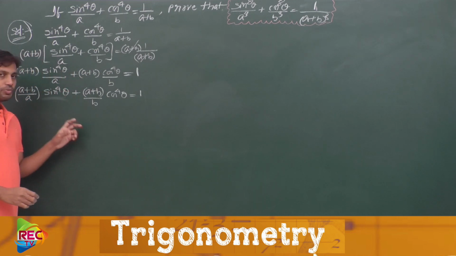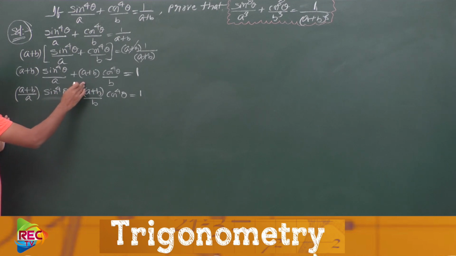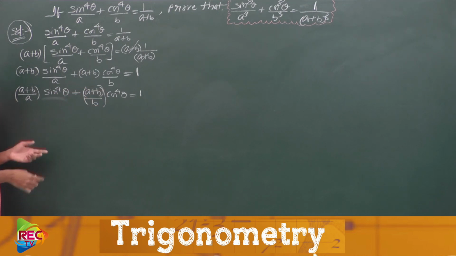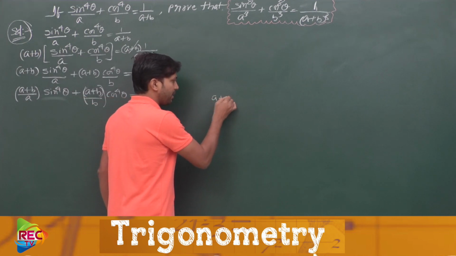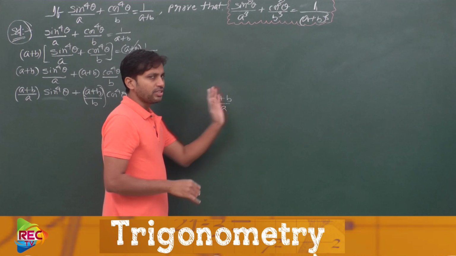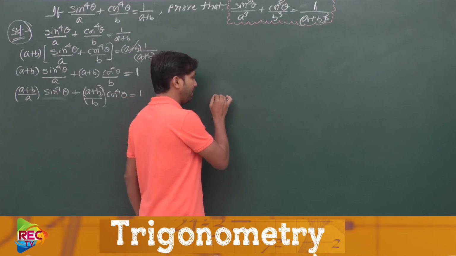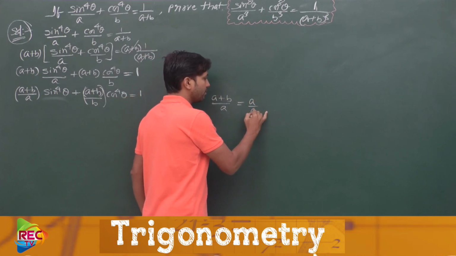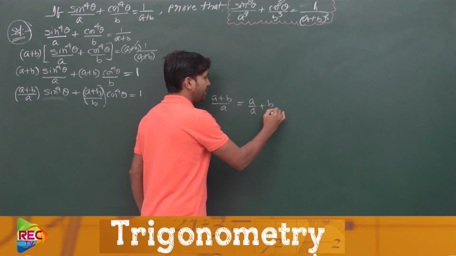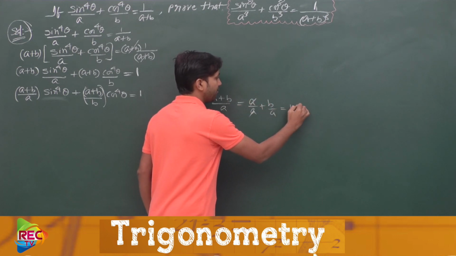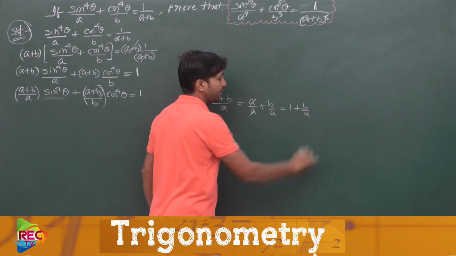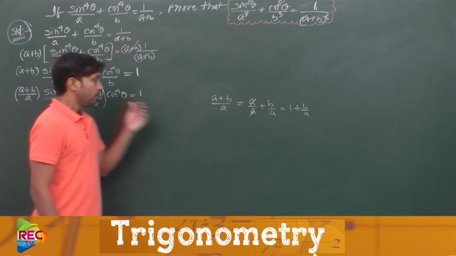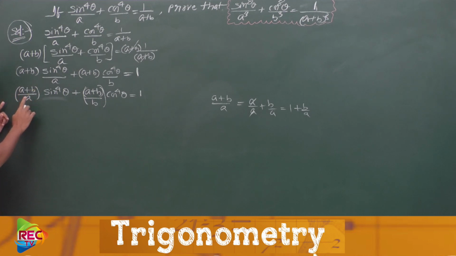Now, I want to do one more small adjustment inside the brackets. So we need to solve the bracket. How to solve the bracket here? It's also a simple thing. (a plus b) by a: if you do the separation of the fractions, what will happen? a by a plus b by a. Now a will be cancelled and we get 1 plus b by a. Got it? So instead of (a plus b) by a, we can write 1 plus b by a into